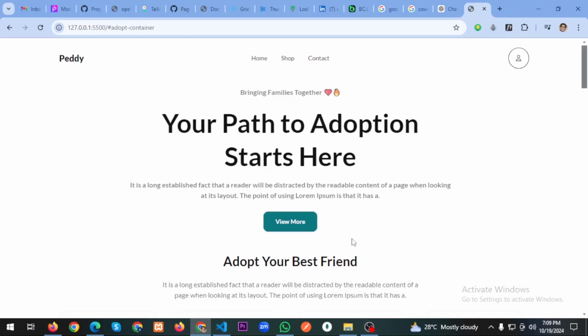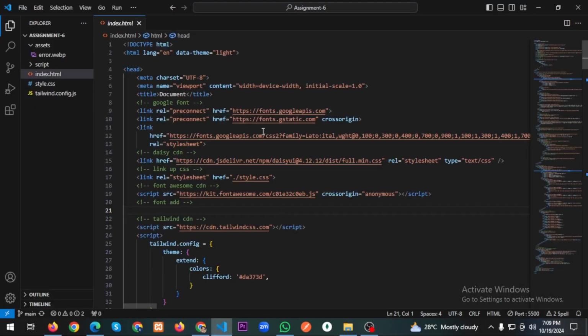Today I'm gonna share with you some dynamic design that I make. So let's go. And first of all, we use VS Code for the